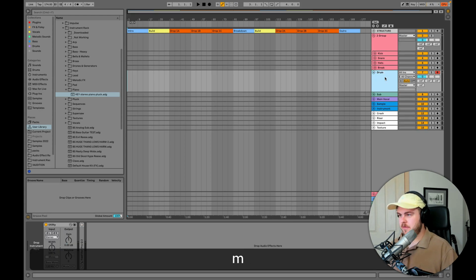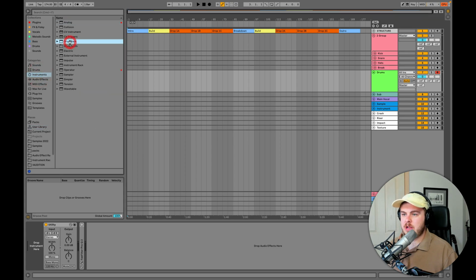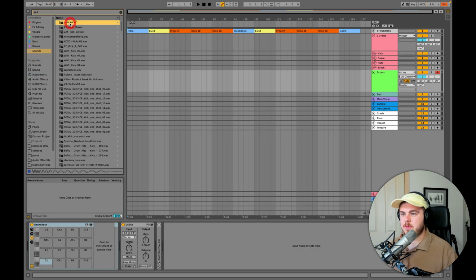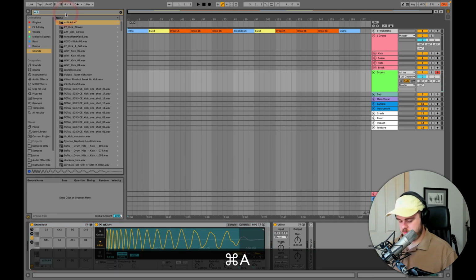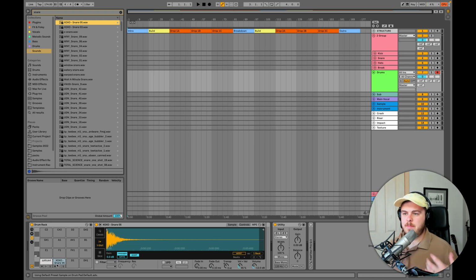So you have your drums all on a rack, you have a drum rack loaded up, and then once it's loaded up, you can start to bring on your kick sample and your snare, etc. And this could be with bass, it could be with leads, chords, whatever sounds you use regularly,